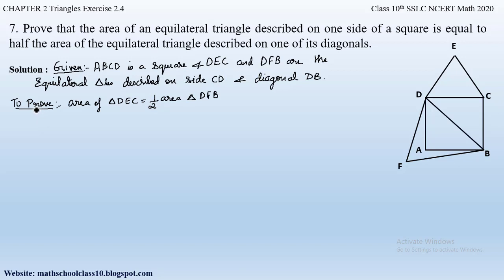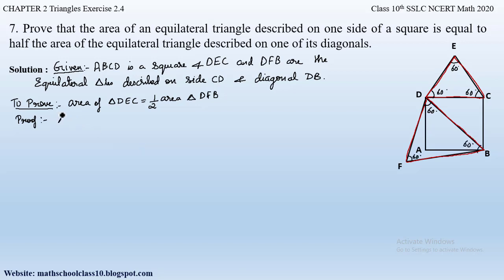So now let us write down the proof. Let us consider the triangles DEC and DFB. Since they have given us that triangle DEC and triangle DFB are equilateral triangles, these two triangles will also be similar, because we have already proved in our previous videos that any two equilateral triangles have equal angles. Therefore, by the angle similarity criterion, the two equilateral triangles are similar, right? In an equilateral triangle, all the angles are 60 degrees. So we can say that the two triangles are similar.